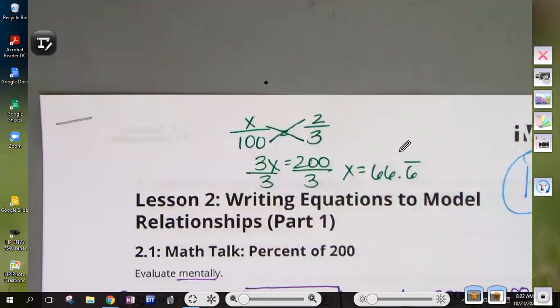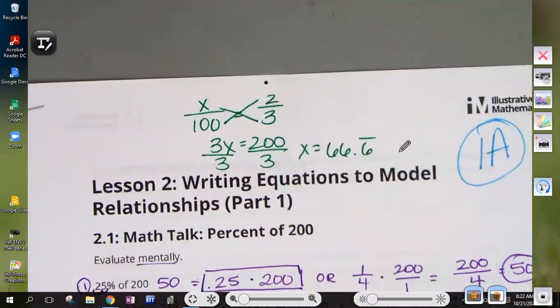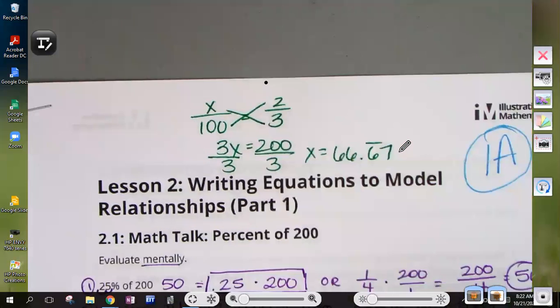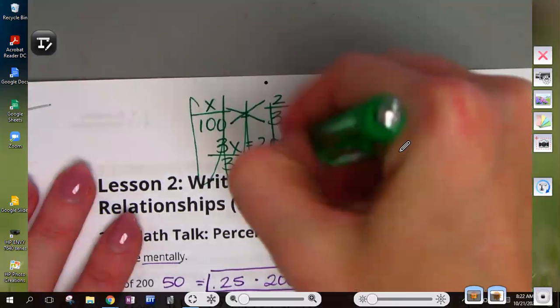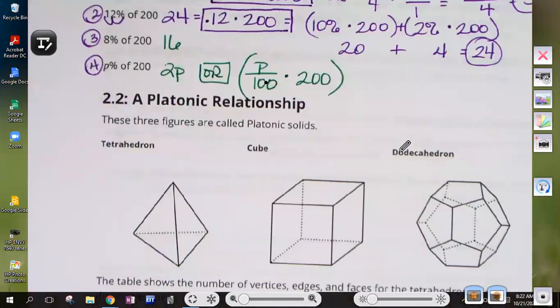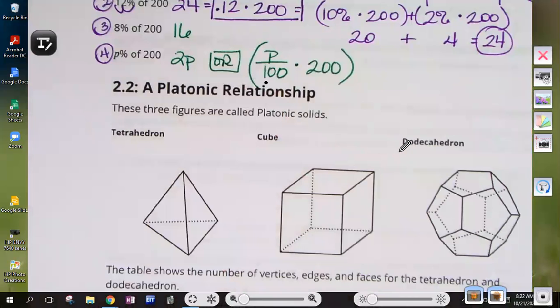I hate that that's the answer, but that's the answer. 666. We'll add a 7 there. Okay, so yeah, that has nothing to do with this lesson though. Next, but it does come into play when you are dealing with percentages,